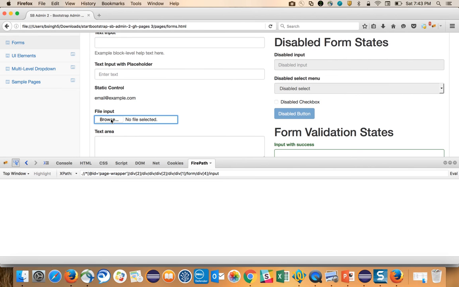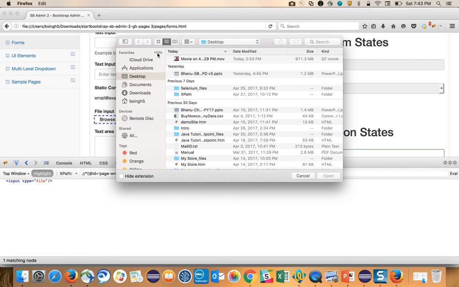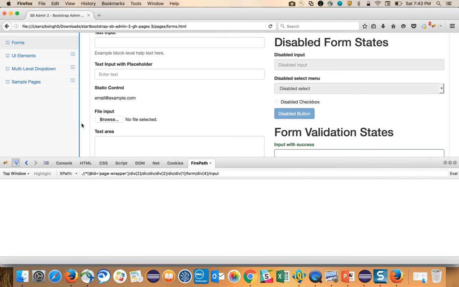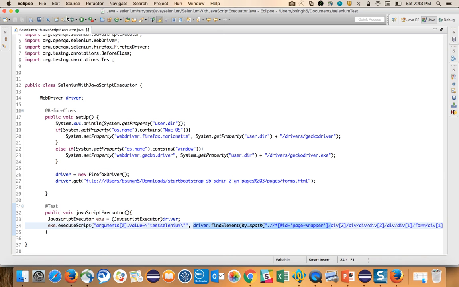Let me click on the browser button. What happens is when we click on the browser, one pop-up opens, right? So let me just click on that through JavaScript. I just would like to click on that. So this is my XPath. So what I'll do is